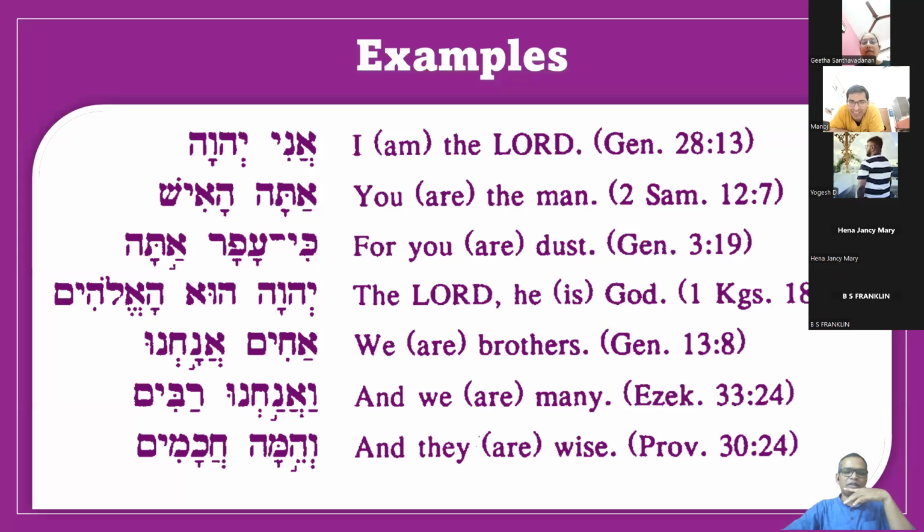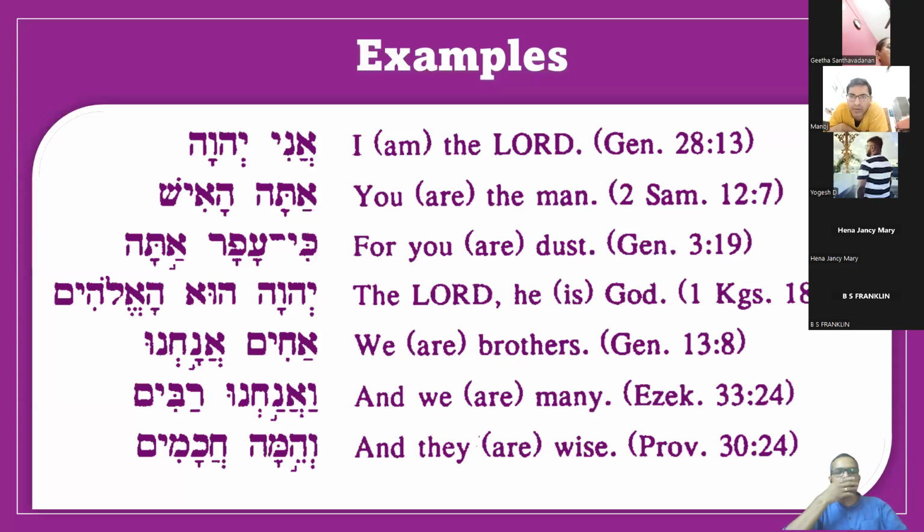Okay. Manoj, the next two phrases. Achim enahnu. Achim, anachenu. Yes, that is the Shiva which has to be pronounced. Anachenu. Here, in achenu, it is a Shiva, the preceding is an accented long vowel, no?